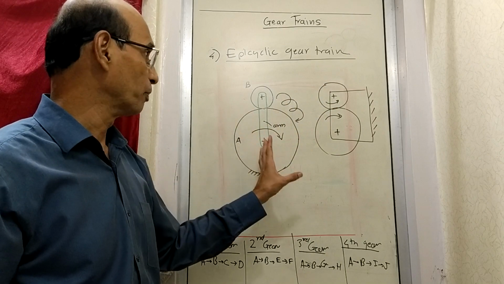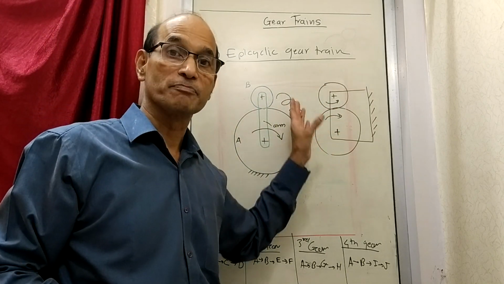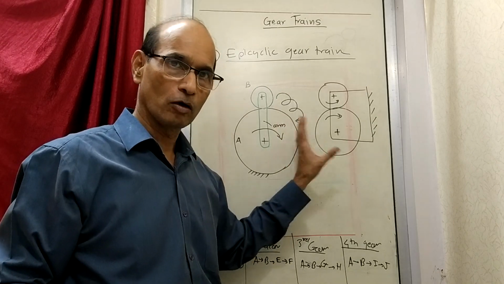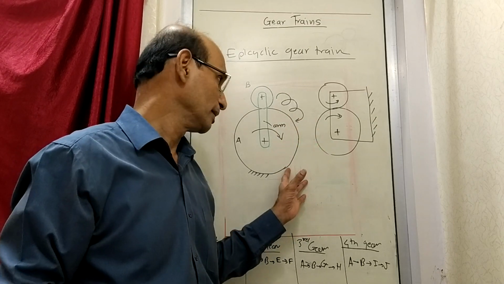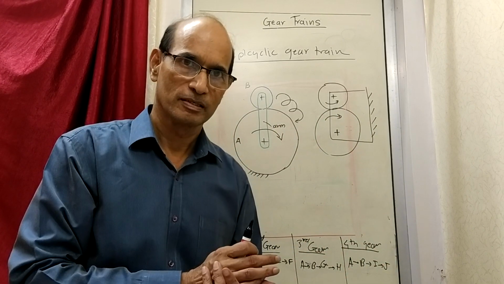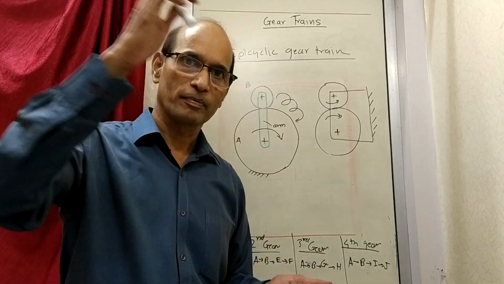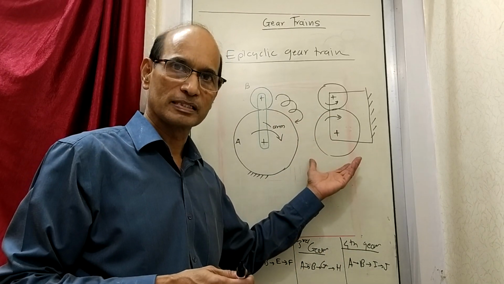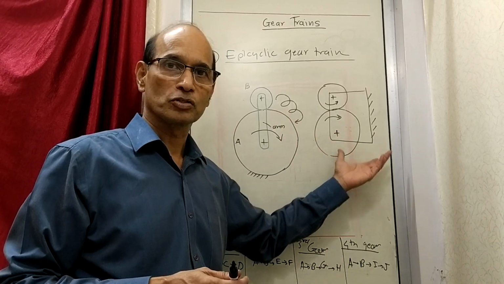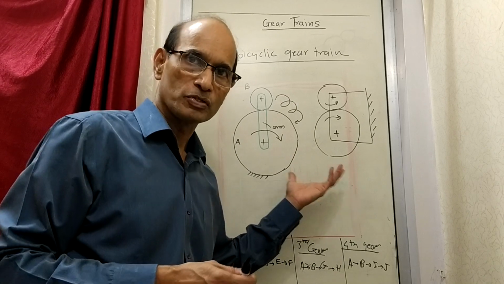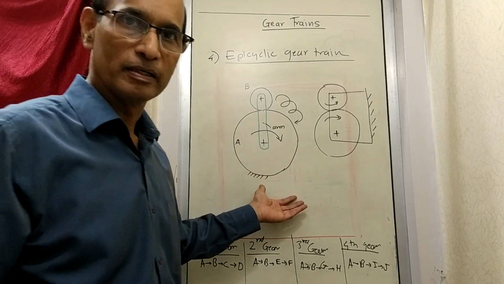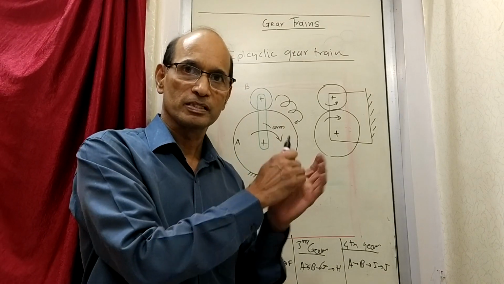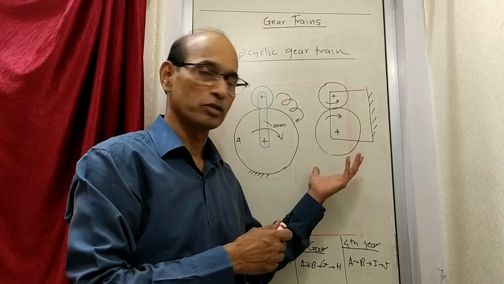So when this happens, how are we going to find out the speeds of different gears? This is a very simple arrangement. We'll find out all the speeds. Like that, epicyclic gear trains have a lot of different arrangements where the axes of gears rotate and cause rotations of different gears. How do we find out the rotations of all these gears? That we will now study in the next part when we meet. That time we'll see how an epicyclic gear train works and how to find out the speeds of different gears.